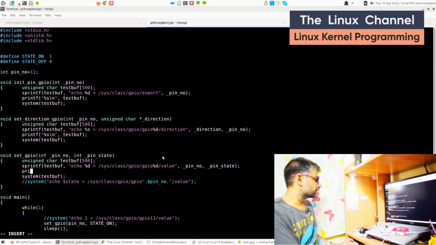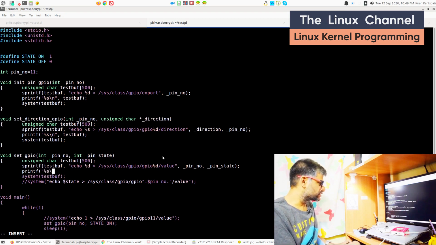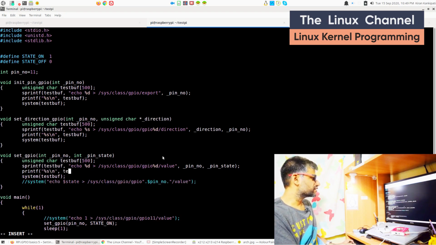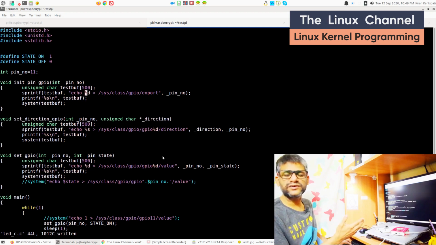So it tells us before it is executed what we are trying to pass to the system. So we have our debug in place. I generally don't do this in production code, but